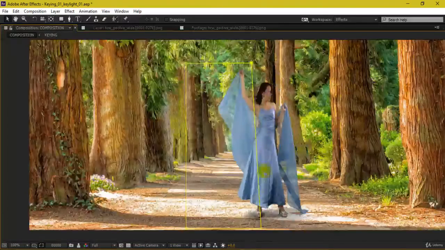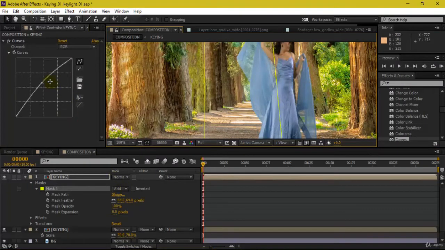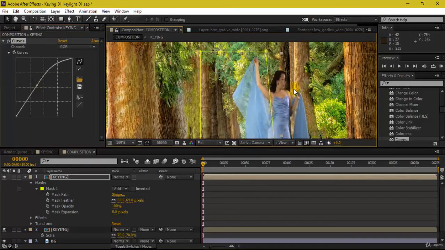Something like this. To make sure that it doesn't just get over brightened or something like that.